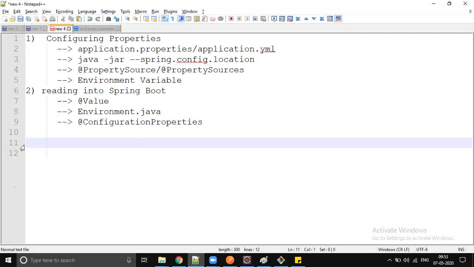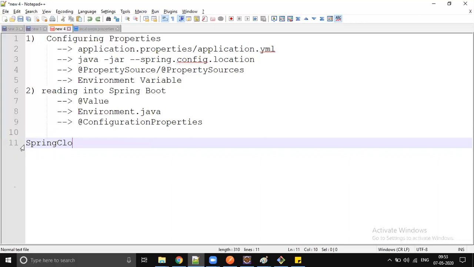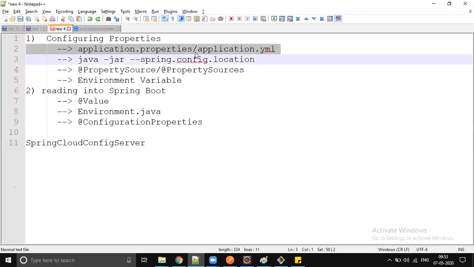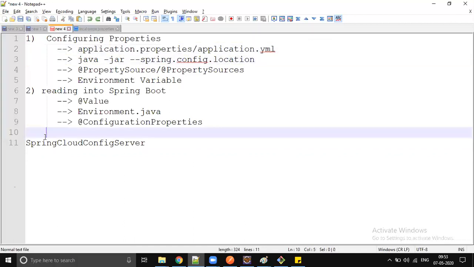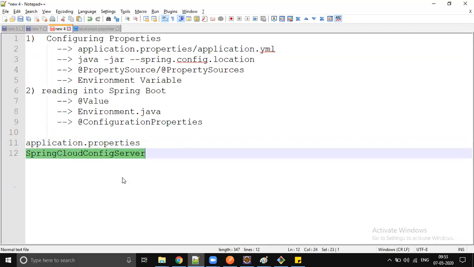Anything secure, you feel that can be configured in Spring Cloud Config Server. Where are you going to configure that? Spring Cloud Config Server. Mostly in real-time projects, we do use this. One is application.properties, which is common and not secure, right? You will put it here, so it's easy maintenance. Anybody can understand. Another thing, if something is secure, then we will put it in the Cloud Config Server. Where will we put it? Cloud Config Server.